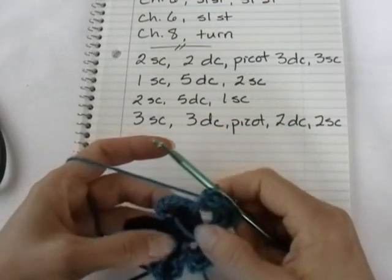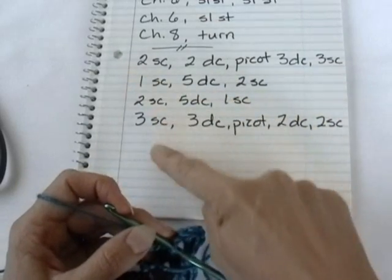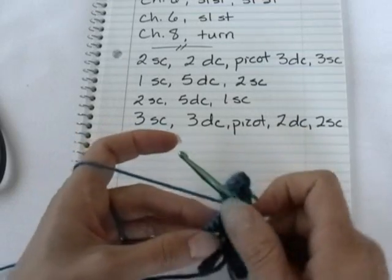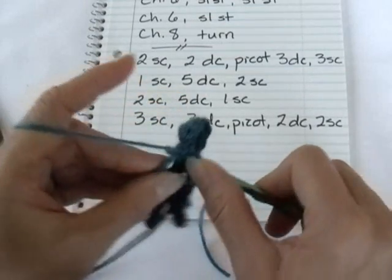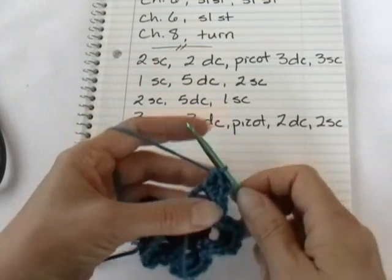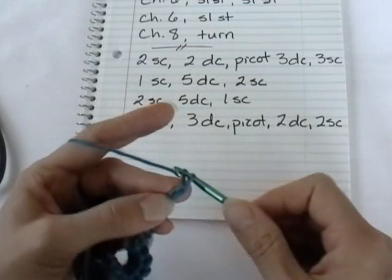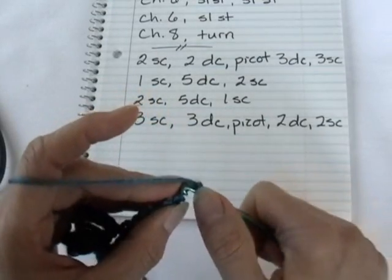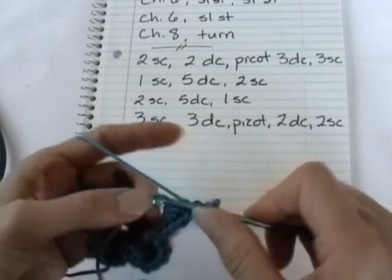Okay, now for the last top part of the wing, you'll do the same thing you did in the other one, except backwards. So 3 single crochet, 3 double crochet, the picot, the 2 double crochet, and the single crochet, all in the loop. So we'll start with 3 single crochets, and then I'll turn the camera back on when we get to the picot. Okay, I just finished the 3 double crochets. So chain 3, 1, 2, 3, and then slip stitch in the third chain from the hook. And now I'll work 2 double crochet,